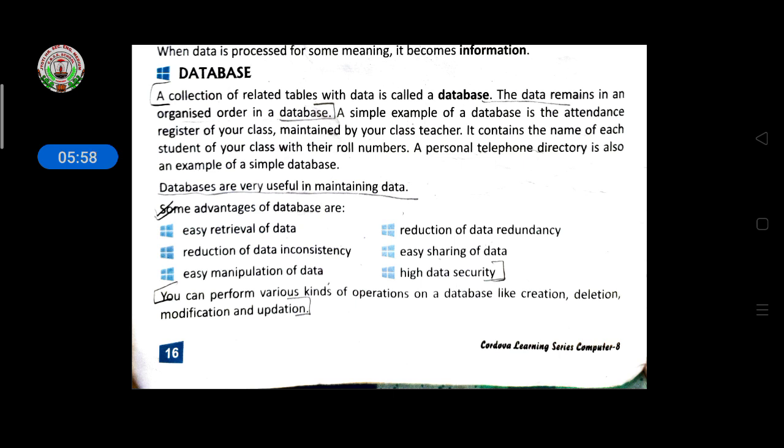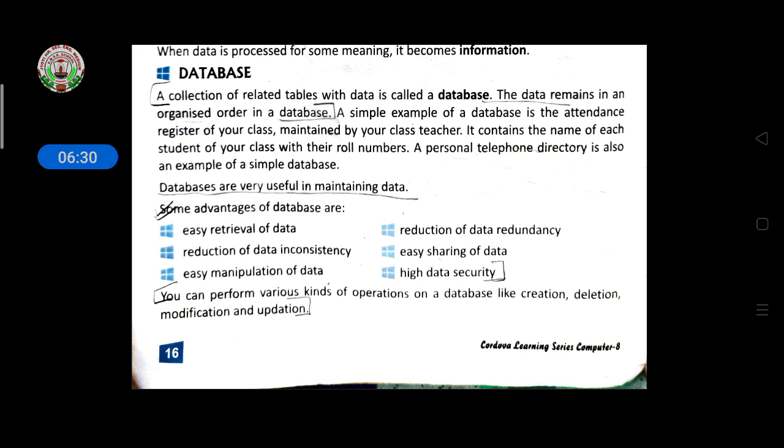So you know your attendance register. Each day your class teacher takes the attendance, and if you are present the class teacher will mark present there, and if you are absent then the class teacher will mark absent. And at the end of the year, at the time of totaling the attendance, it is easy to calculate how many days you were absent and how many days you attended the class. Like this, one more example is also given.